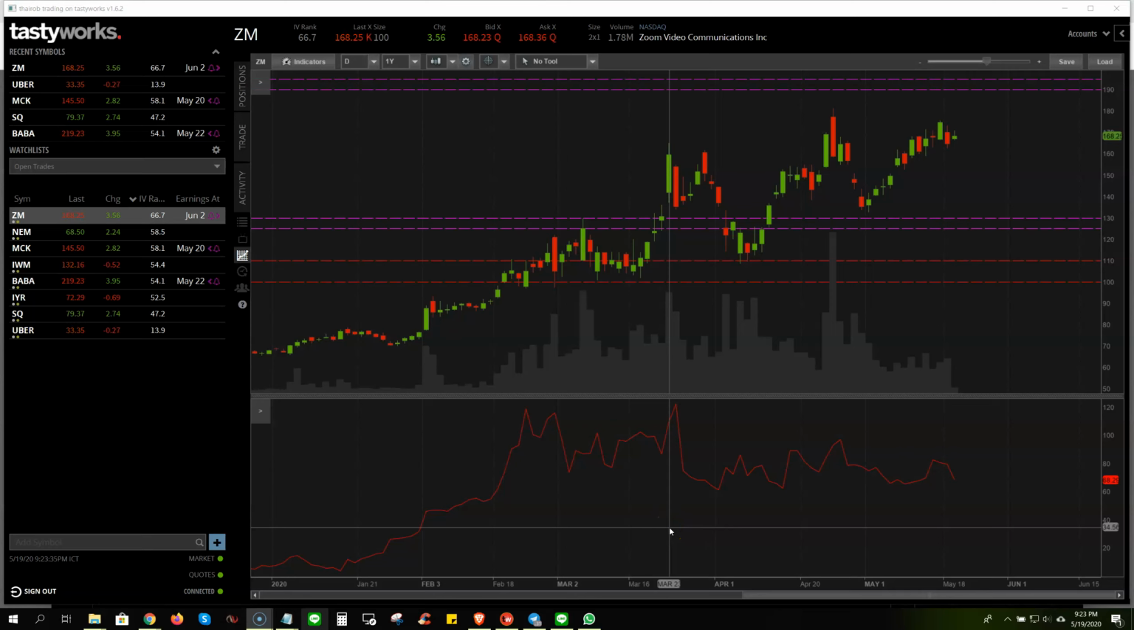Hey guys, looking at entering in again on Zoom and adding to my position. It's going along quite nicely here. We can see here's my upper strikes, here's my lower strikes. It was going up, pulling back a little bit just from here. I'm still really comfortable with this, and there's some good premium in there still, so let's